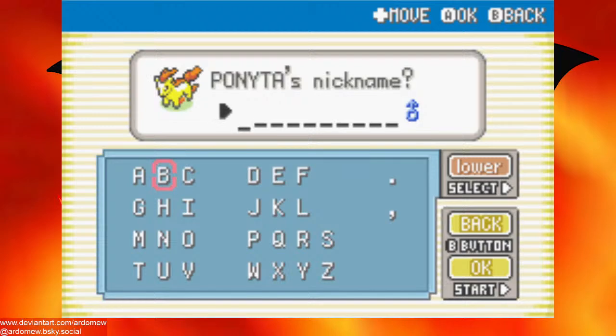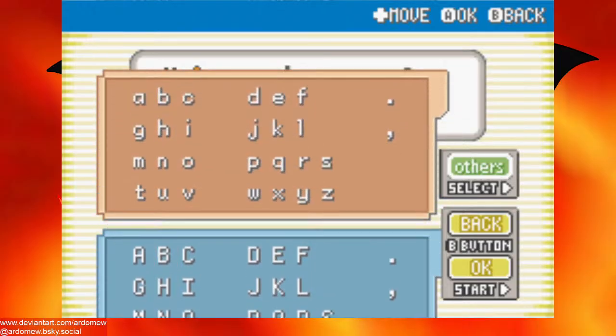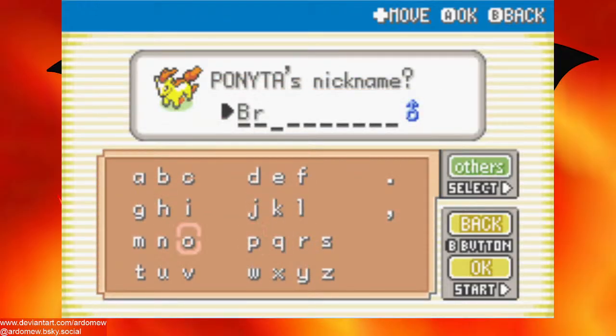Yet another reference to a real-world location. Alright, for this Ponyta, we are going... Alright, you are a male. Alright, we are gonna call you...